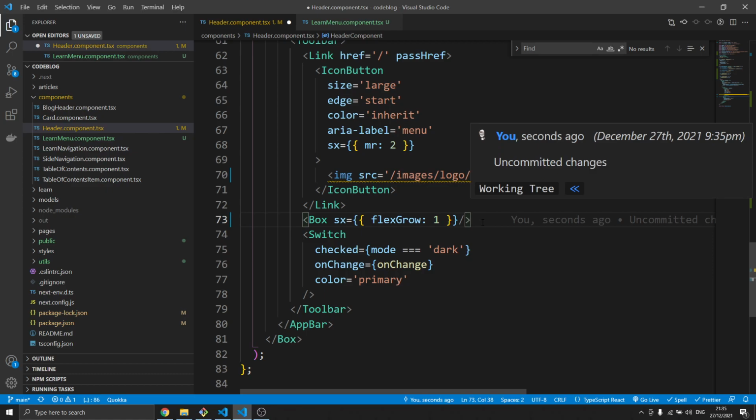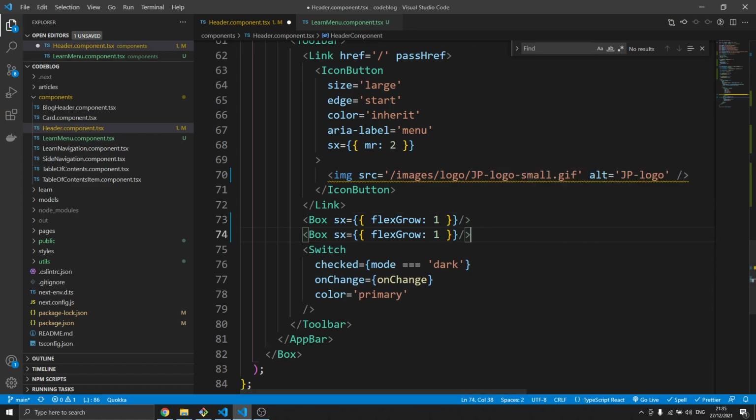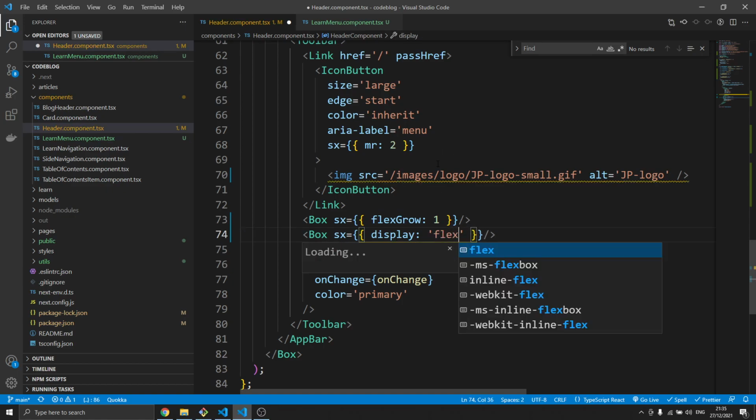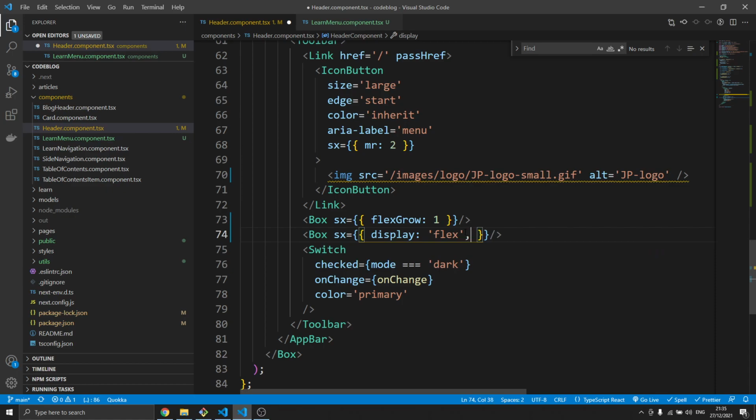So we'll have another box here. And this time we'll set the display to flex. And the width to auto. But this time we won't have the self-closing box. This will be wrapping our